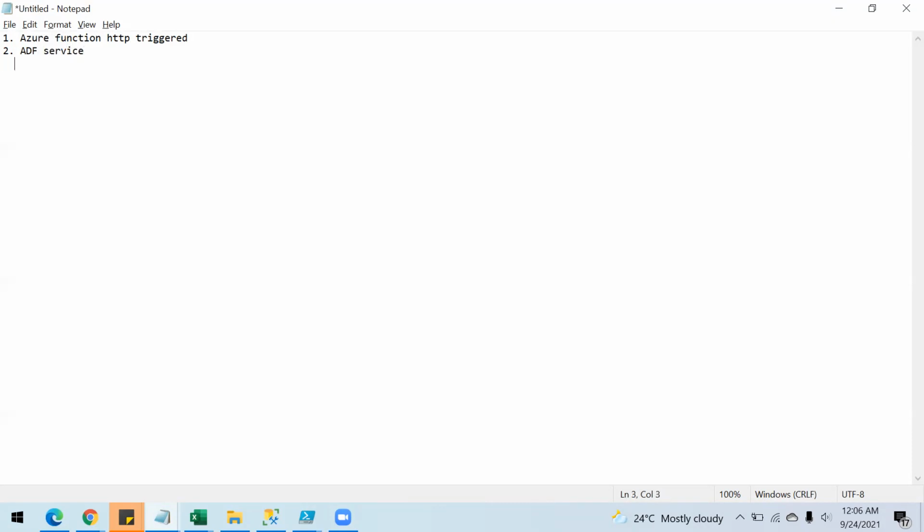Then inside this Azure Data Factory service, we're gonna create a linked service, an Azure Function linked service, and we're gonna call that inside a pipeline. So we need a pipeline. I will be creating these things live on the Azure portal.